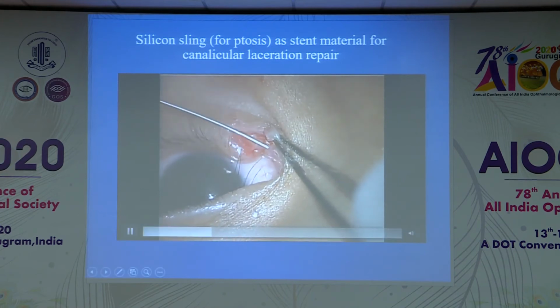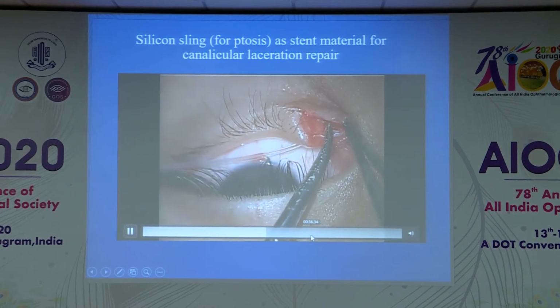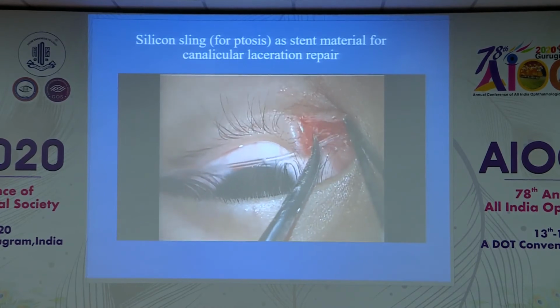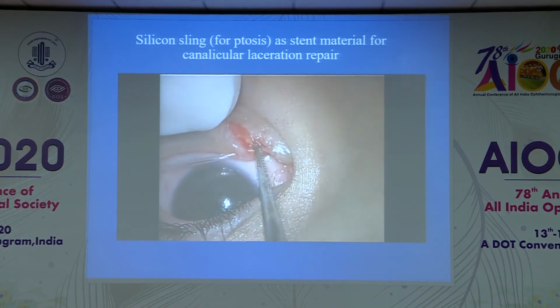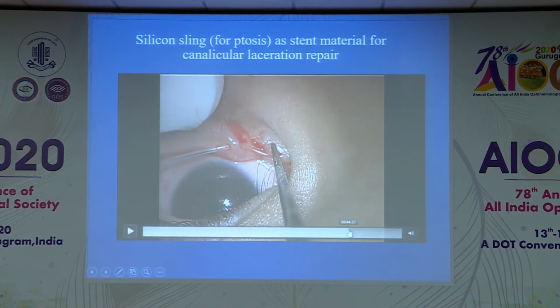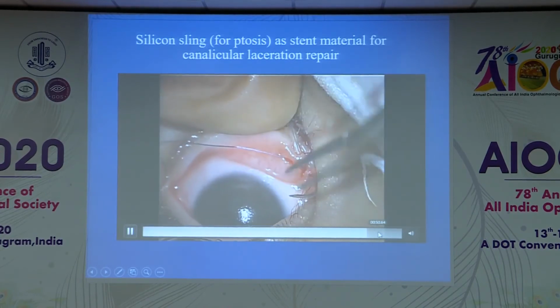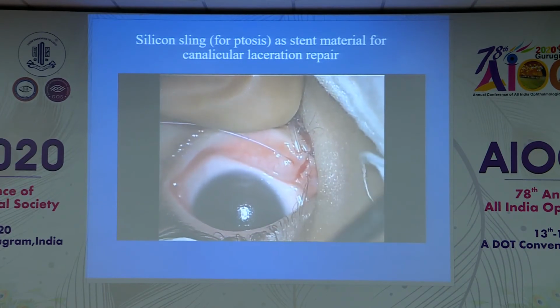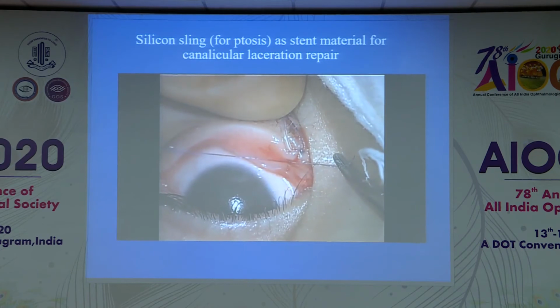The only problem is how to secure the silicone rod at the end, because the stent has a curved edge, the collar, which can snugly fit into the punctum. Now because the rod does not have that facility, you have to incorporate it into your suture. So you put a long end like this and bury it in your skin suture so that it does not rub onto the ocular surface or cornea.